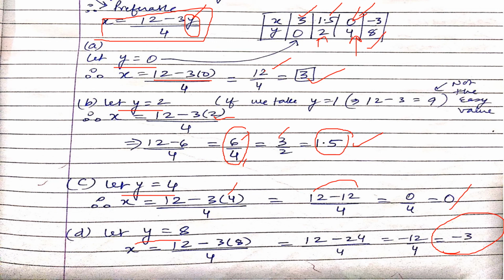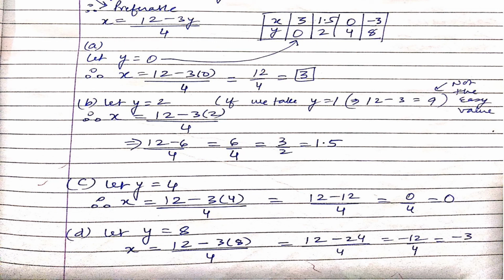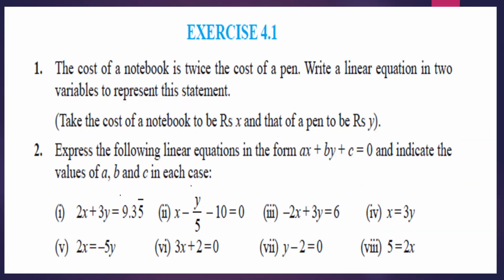The last example that we did was similar, but in this case what we have done new is we have found this machine in which you just put the value of y, get the value of x, no again and again changing the positions. So we have made a particular machine in which you give the input and you get the output. You give the value of y, get the value of x. Got it? Nothing else.